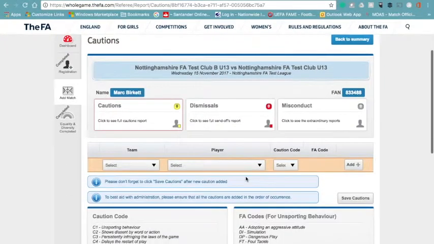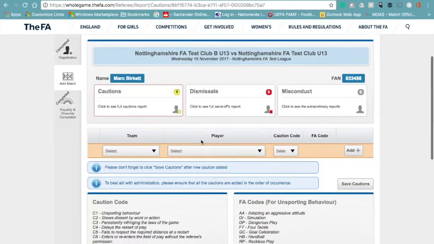So this is for the cautions. You can see now that it'll bring up a series of options. So the team, we can select the team, and then usually there'll be a list of players that are assigned to that club. But for the sake of today, we're going to type in other, which will then allow us to enter